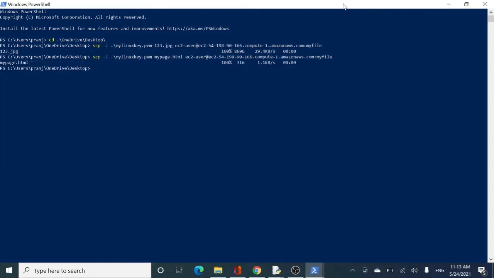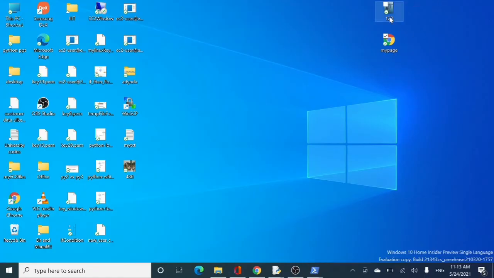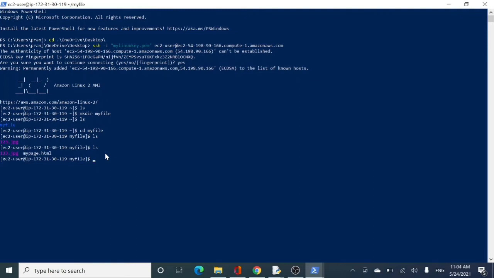These files I have already saved on my desktop. This is the image that I wanted to transfer, and this is my web page. I actually wrote it in Notepad and saved my HTML code with the .html extension, the content of which we are going to see with the public IP of our EC2 instance. What I shall be doing is visualizing this page.html file on my EC2 instance. So let us see how we are going to do this.